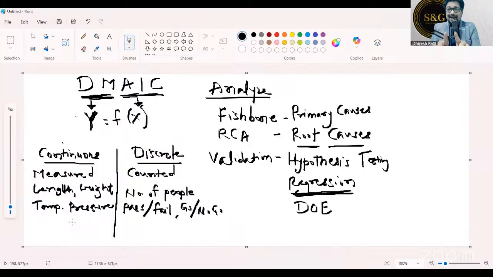Okay. And there you can type in the bracket what is Y and what is X. Now let's say feed versus surface finish. Surface finish seems to be a Y, which is the output, and feed seems to be the X, which is the input. So at what feed you will feed the machine? So what kind of surface finish you can expect? Okay, so it is X and Y.